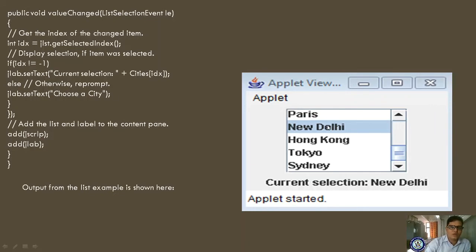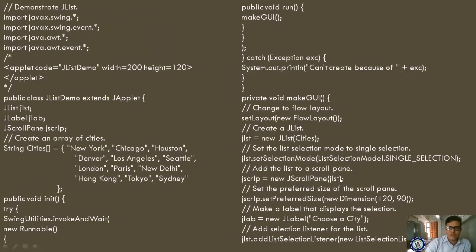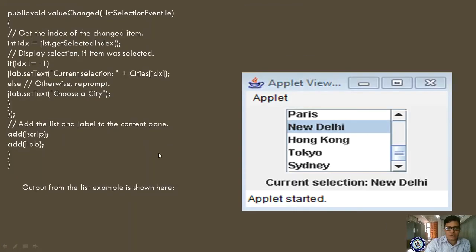Okay, here now it is selected as New Delhi, so in the label it is showing as New Delhi. Okay, that you are setting. Else jlab dot setText "Choose a city", otherwise it will come as "Choose a city". So please observe, here something starts and ends, and here another starts and ends. The method is ending here. This is nothing but an anonymous inner class. Okay, anonymous classes, we will see them now.